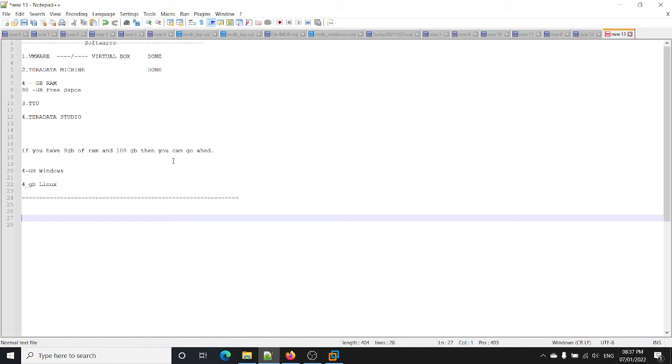So for instance, let's assume I am creating a file on a Teradata machine of size 20 MB, so it will consume only 20 MB. The other space will be free for your use, so you can use that space, but it can expand till a certain limit. Like in our case it is 40 GB, right? So this is the advantage of a virtual machine. So it is dynamic.